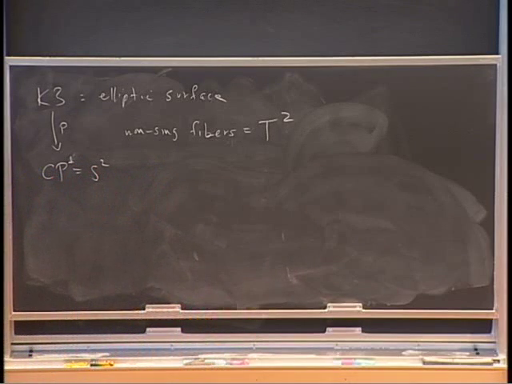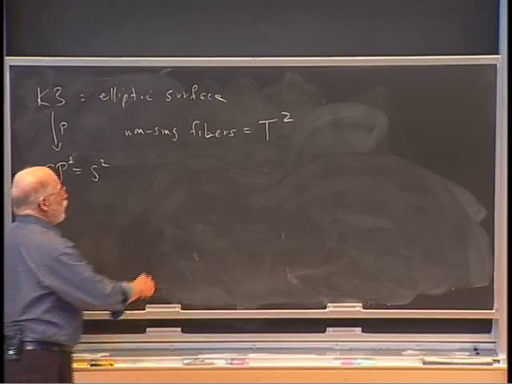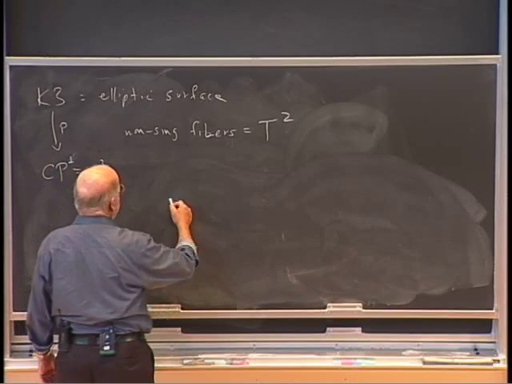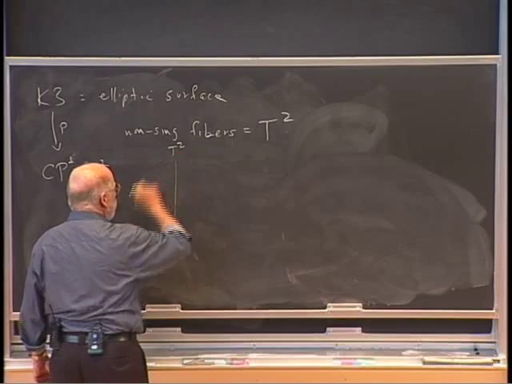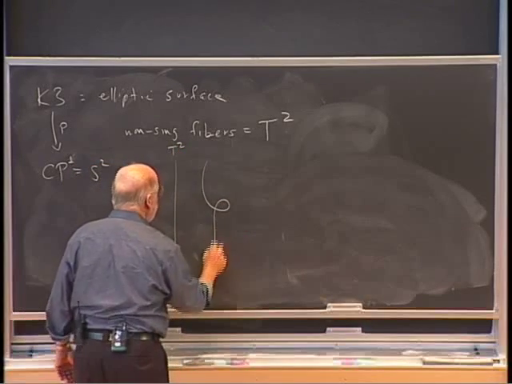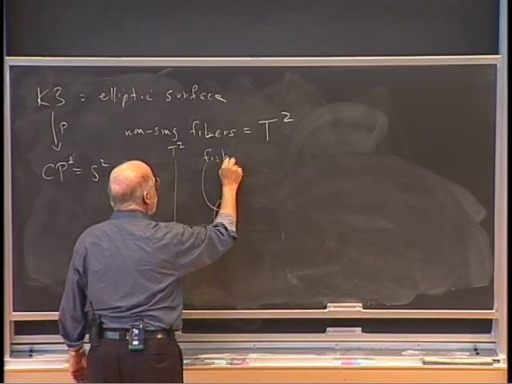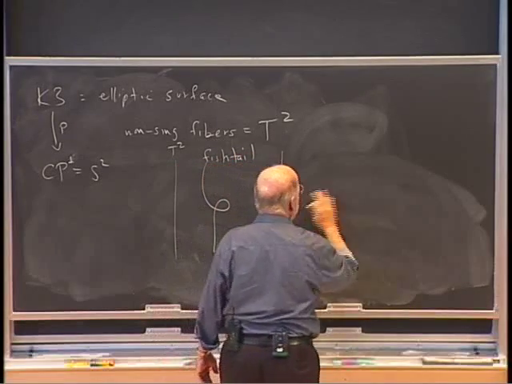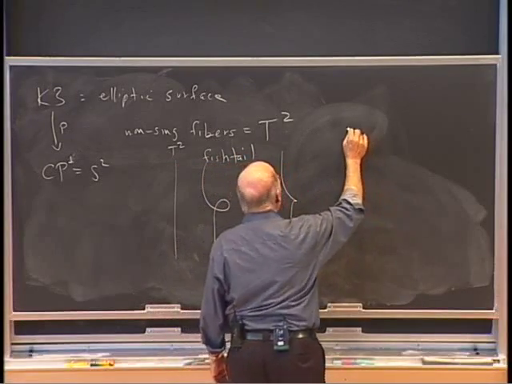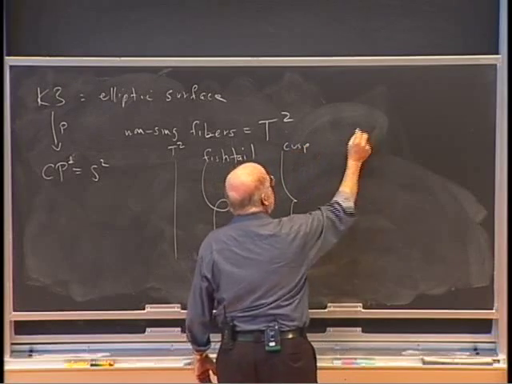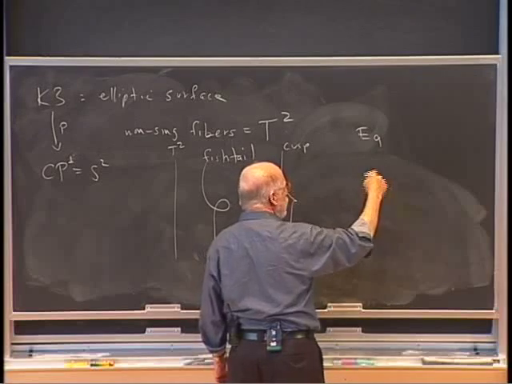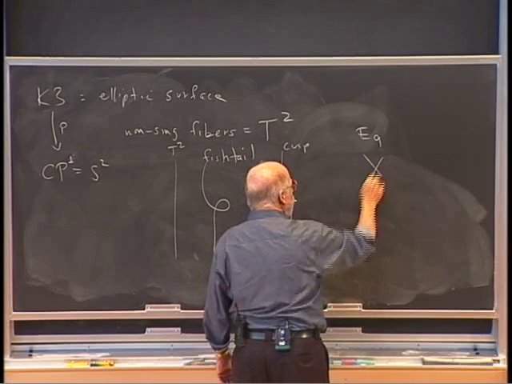And then there was a batch of singular fibers which had been classified by Kodaira, beautiful work in the early 60s. And so he told me there were fibers, well, there was the torus, but then there was the fishtail, and there was the cusp, and then there were more interesting ones, and in particular there was one which we called E9 because it's E8 with one more in the long tail. So that was drawn